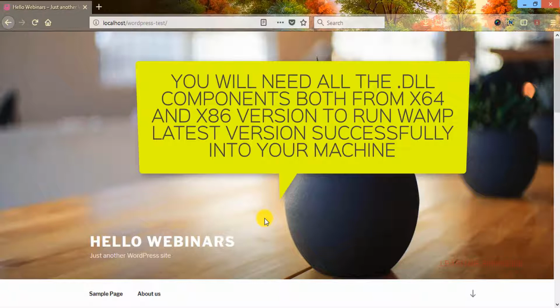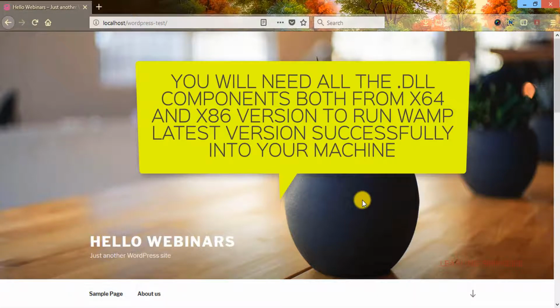Those are required to run both OS versions, that means Windows 32 and Windows 64-bit. All those .dll functions will be needed to run this particular WAMP server. So you have to ensure that you have installed all the .dll components on your machine, and if not, you need to talk to your vendor to install those .dll functions.